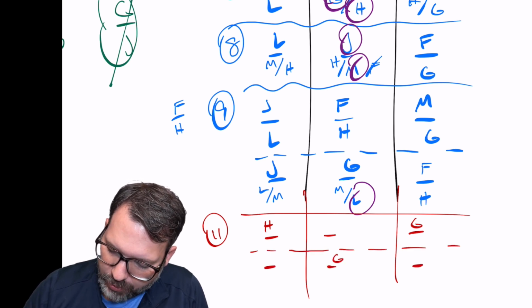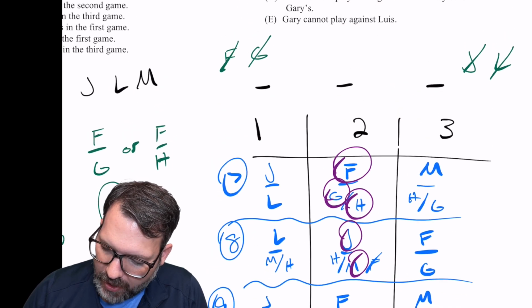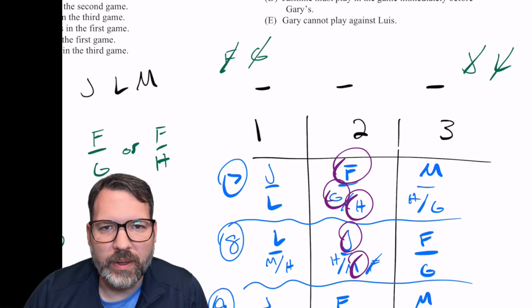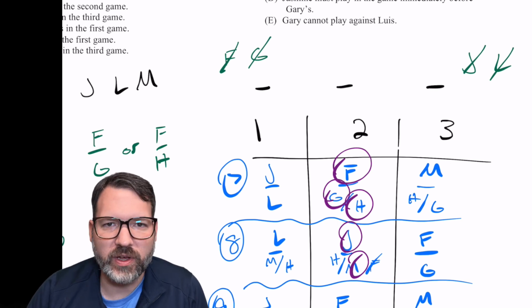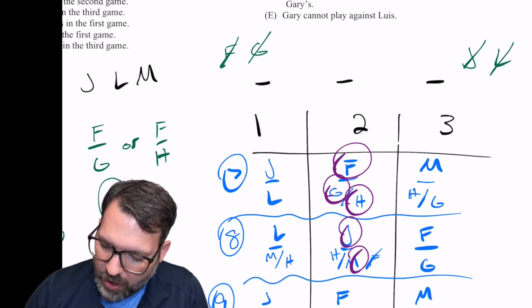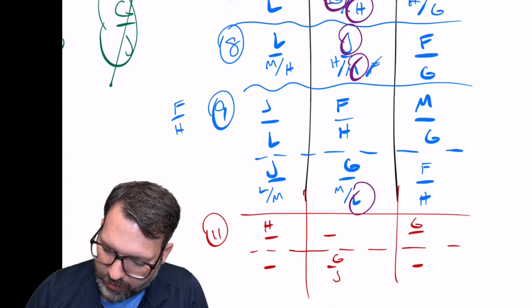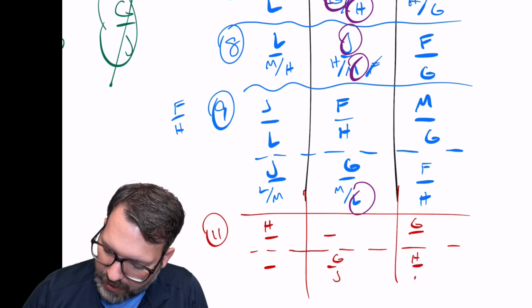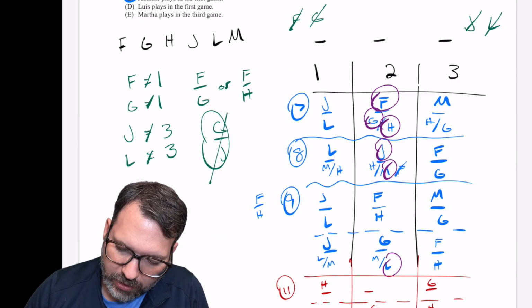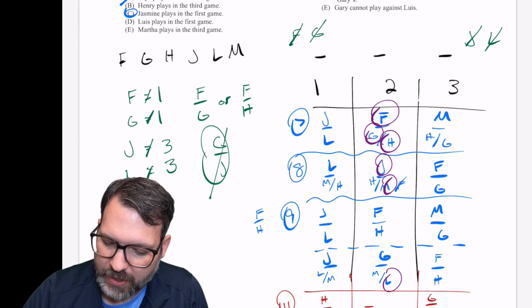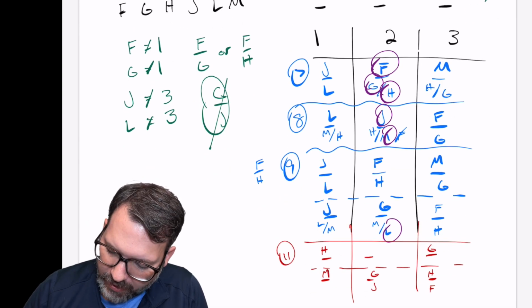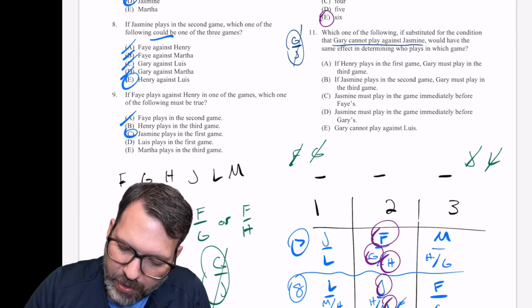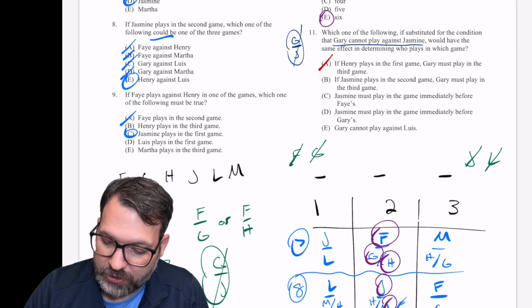What if we tried putting G and J together in slot 2? I did mention this at the beginning of the game. They're somewhat limited. They're not supposed to be together, but again, we've gotten rid of that rule for number 11. If they are together, they're going to have to go against each other in slot 2. And if we did that, you could easily imagine something like H against F in slot 3, still obeying this rule that F is always against either G or H, and then something like M and L in slot 1, which doesn't break any rules. So I'm pretty sure even if we obeyed answer choice A, we could get G and J together,